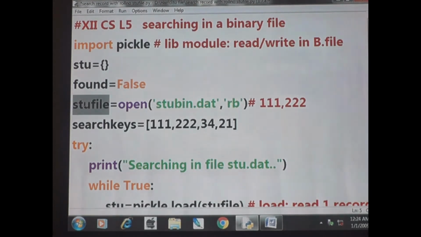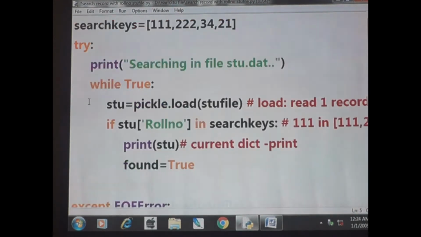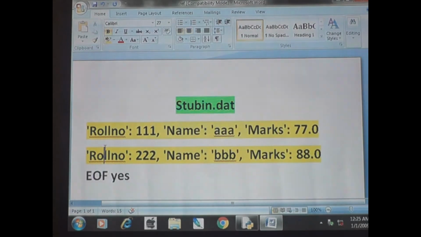Once again I will say, if I want to read the stubin.dat, I have to use only the stu file object. So I am using the stu file object. Okay, so only one line from stubin.dat will be read. Okay, such that now it will read only this line. So listen carefully.